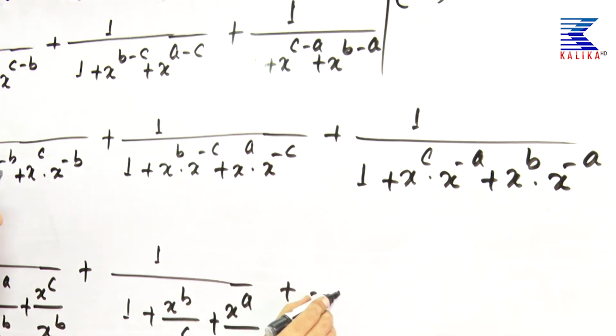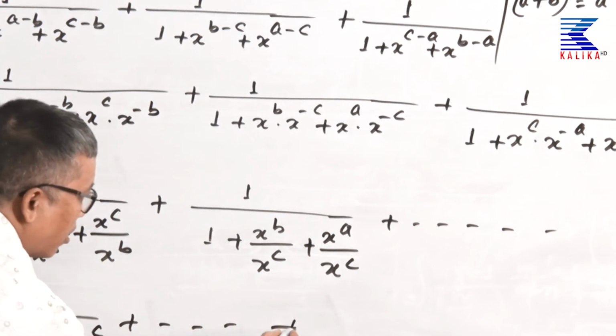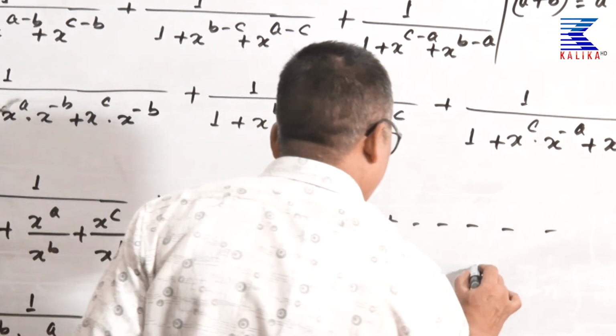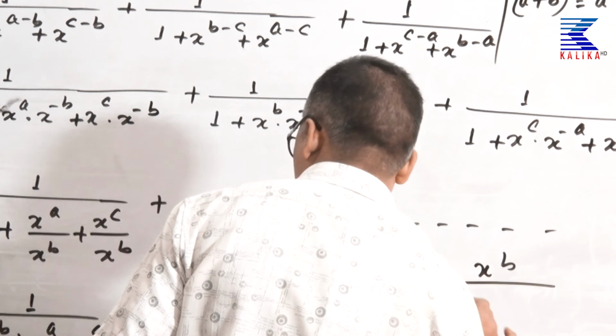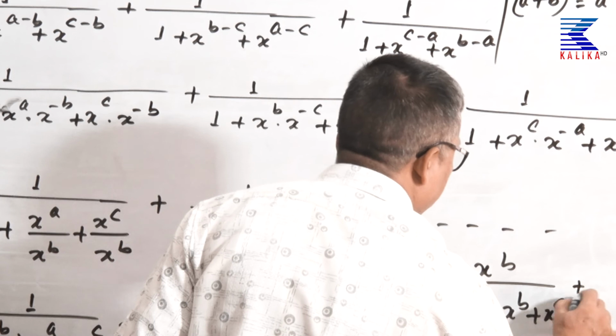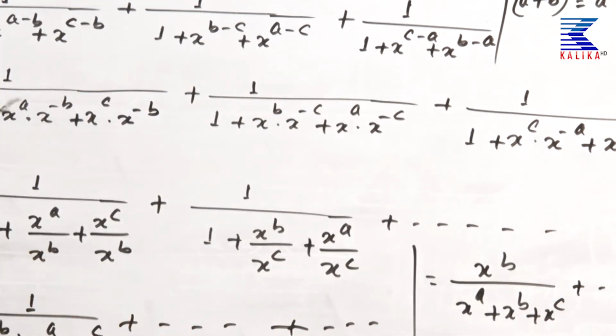Okay? Similar to here, then here 1 upon (x to the power b plus x to the power a plus x to the power c) whole upon x to the power b. Okay? Same as the second and third fractions, and now it should be what? Reciprocal. By reciprocal, we get this, x to the power a plus x to the power b plus x to the power c, and the second and third are also the same. Okay? Then you will take the LCM. Okay? Now do it from that.